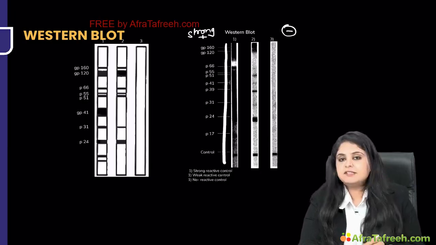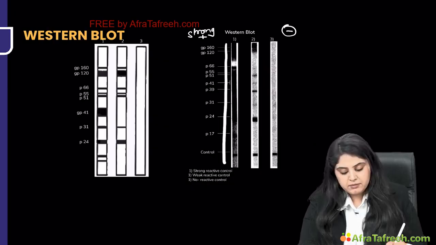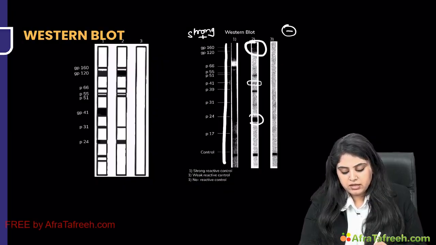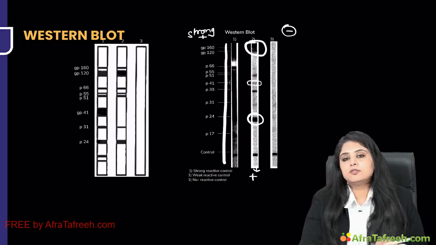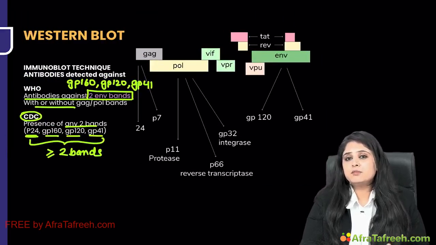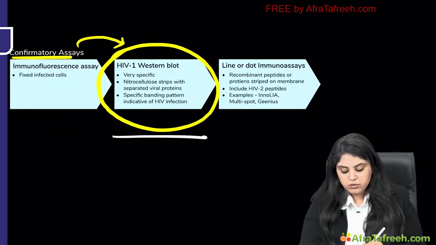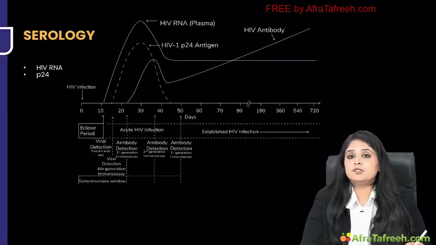The next one, if I see 160 and 120 is coming, 41 is coming very, very weak. Then other molecules are coming like P24. So I can definitely say that this is also positive. So that is how we do the assessment of Western blot, and Western blot is said to be the confirmatory test. So now I want to take you to the last question of HIV which was coming in the exam,